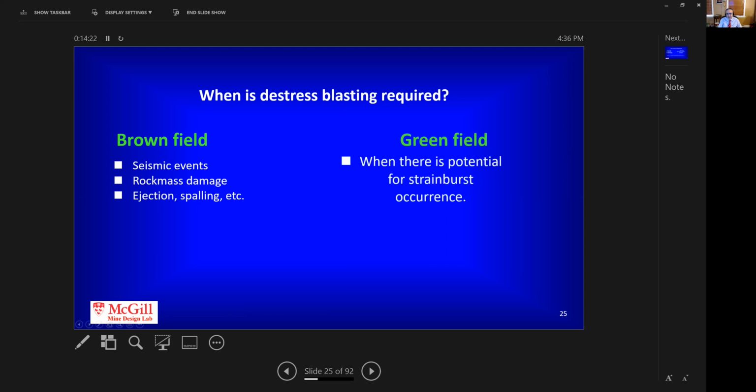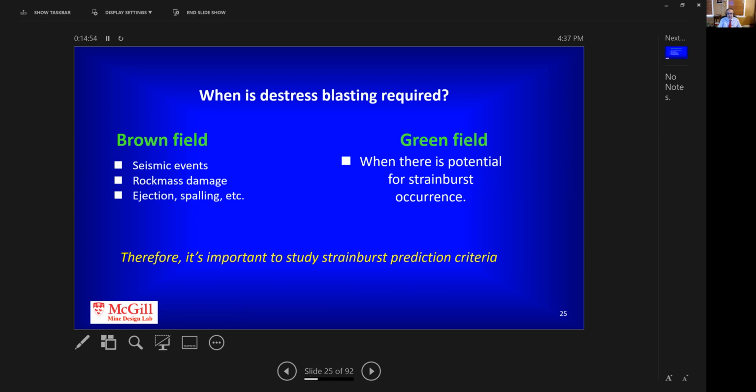If you are in a brand new project, you need to do some studies to determine if there is going to be a potential for a rock burst or strain burst with the proposed mine plan. But even if you are in a brownfield, you still need a tool to help you understand the current situation and the situation after a proposed distress program. So in all cases, you need to study the strain burst prediction.